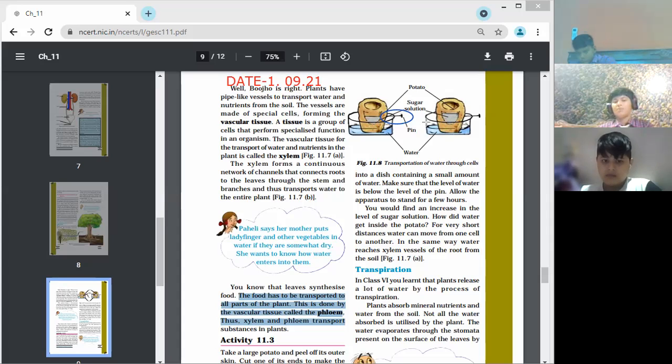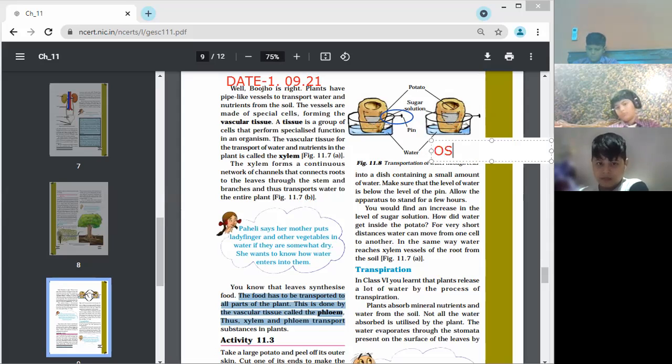See, earlier here was a pin, पिन से ऊपर उसका water level rise up हो जाता है. Why does that happen? Because the water has been absorbed. Here we can say this happens by the process of osmosis. Osmosis is a process. So in higher classes, you will read about how water is absorbed by the process of osmosis. Okay?